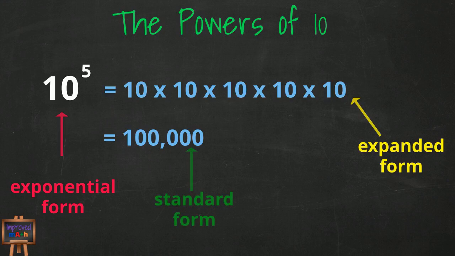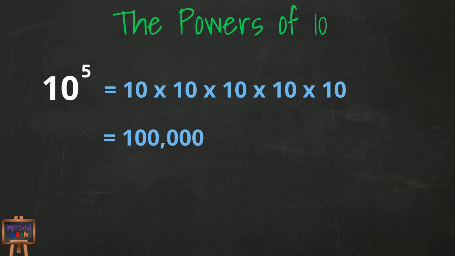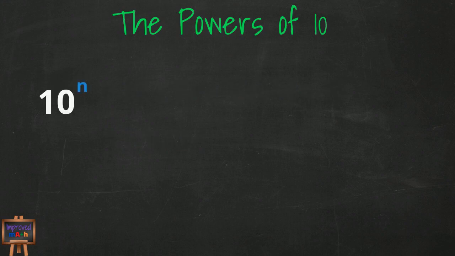So let me ask you, did you notice any pattern by looking at the standard form compared to our exponent? The exponent of 10 to the 5th power ended up being 100,000. There were 5 zeros after our 1. The powers of 10 says 10 to the nth power will end up being 1 followed by n number of